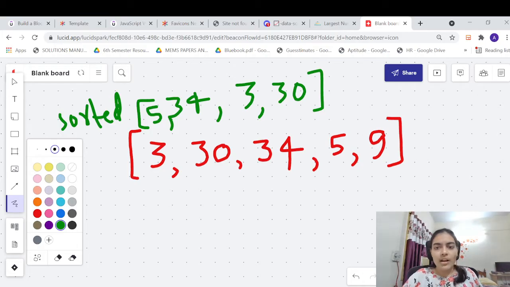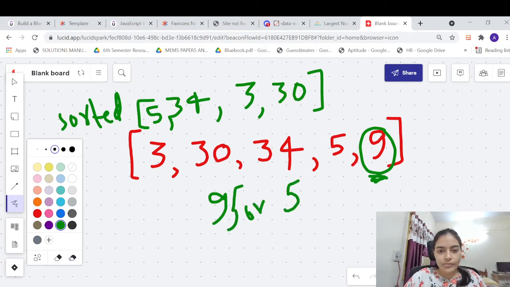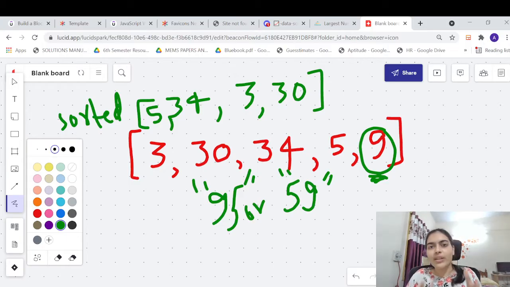Now you are going to see 9, right? In this case you are going to compare which is larger, 95 or 59. By the way, we are going to do insertion sort, so you have to see the position where you have to place it. But luckily in this particular instance, just comparing with the first element is giving us our answer, though actually we are inserting it at the correct position.